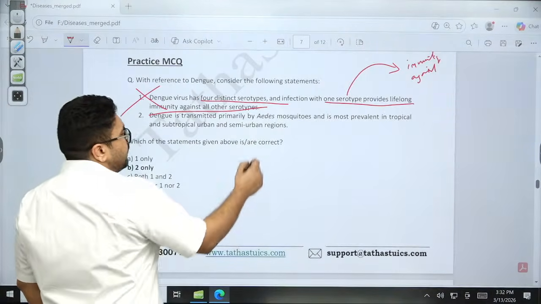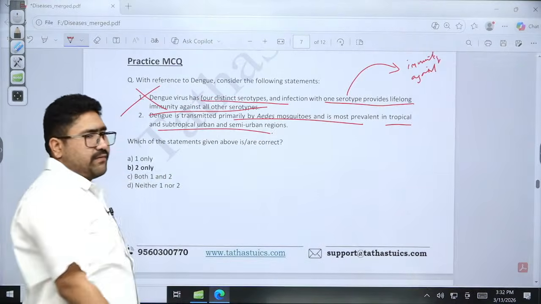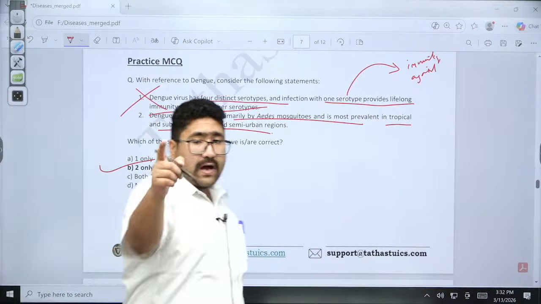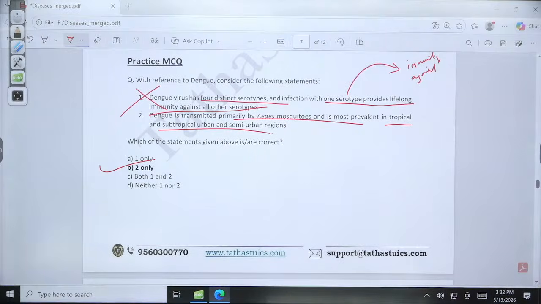Dengue is transmitted primarily by the Aedes mosquito and is most prevalent in tropical and subtropical regions, which we have already seen. It is an NTD. Therefore, the second statement is right. So, अब जो तुम्हारा क्वेश्चन है कि फीमेल है या नहीं है, the second statement says that dengue is transmitted primarily by the Aedes mosquito and is both. तो ये statement करेक्ट मानी जाएगी क्योंकि it is referring to the species and not to the gender. पूछो.